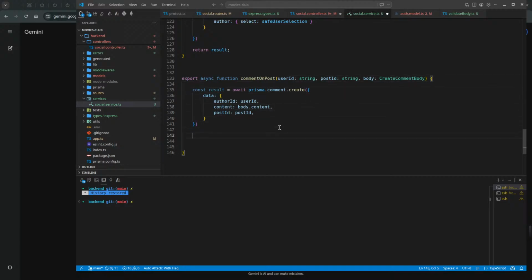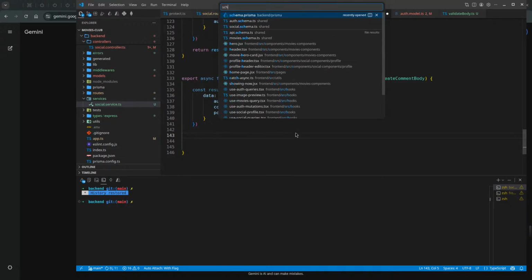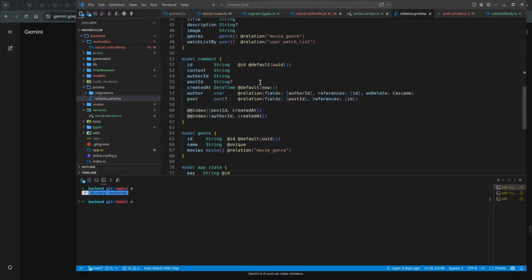If the post doesn't exist, Prisma will throw. It will throw a unique constraint or foreign key constraint error, I guess. I'm not sure, but it should throw because in my schema, inside my comment, I have the relation.